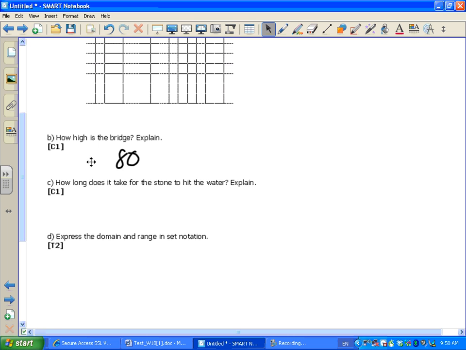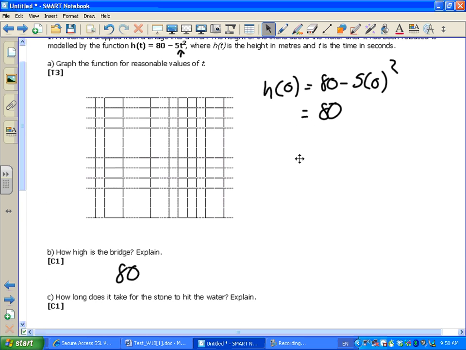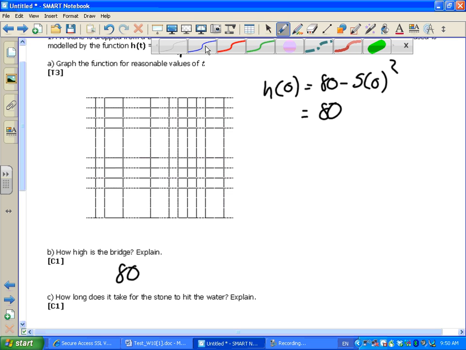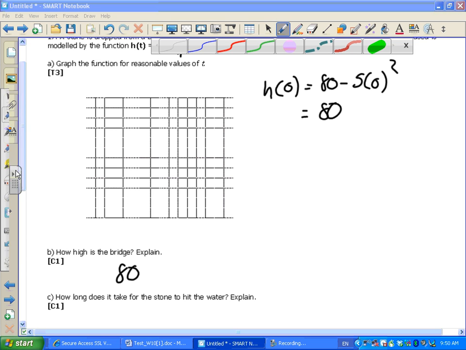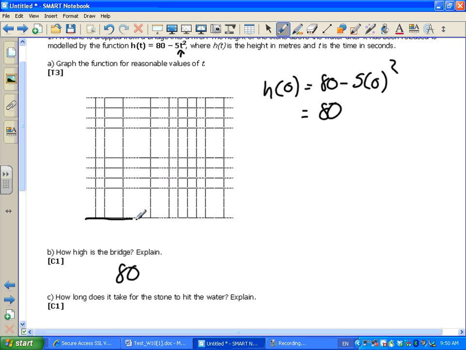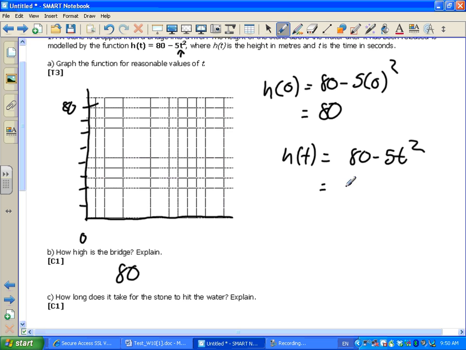How long does it take for the stone to hit the water? Again, we can plug in values, h(1), h(2), h(3). Or, since you guys have done this whole course, you know that they're talking about the x intercept. If we were supposed to graph this function, we'd say this is roughly around 80, 10, 20, 30, 40, 50, 60, 70, 80. We start at 0. If I factor h(t), I can find my x intercept. So 80 - 5t^2. I could take a common factor of 5 out. That's going to give me 16